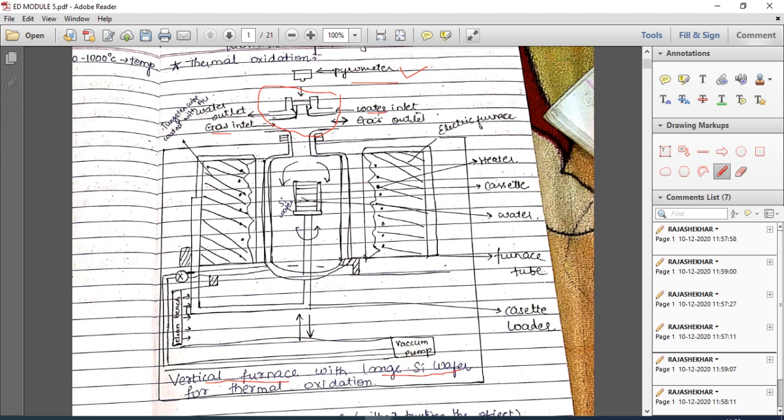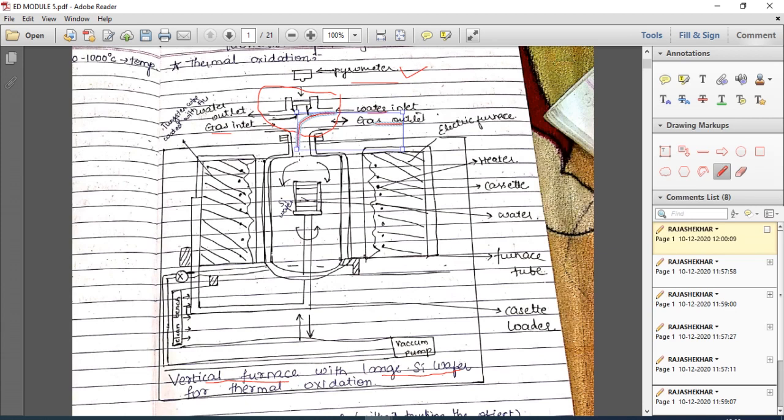So what kind of oxidation we can call, that I will tell you later. Just remember, this is used just to inlet the water or the gas. Once sufficient gas or water has been inlet, then the same path is used to outlet the remaining gas which is not required for the oxidation. So this is used for the gas outlet, here gas flows outside, and this is used for the water outlet.